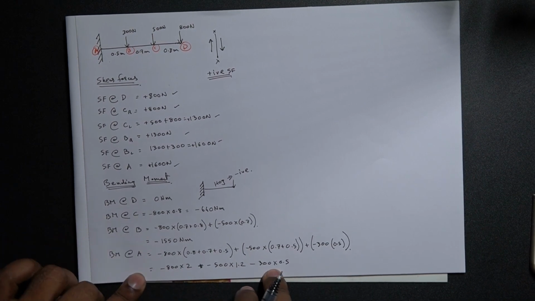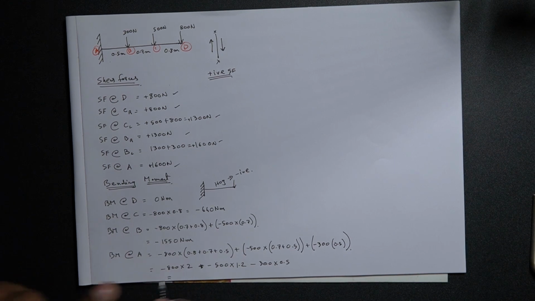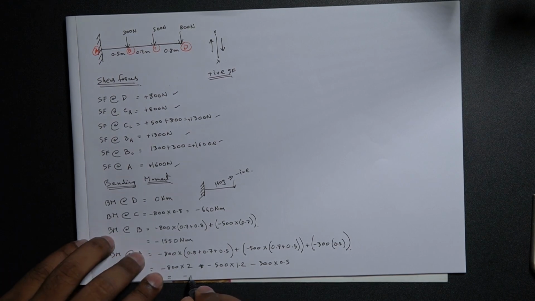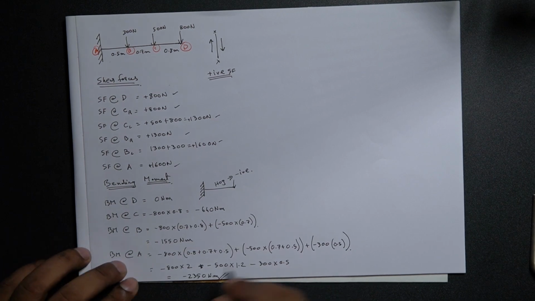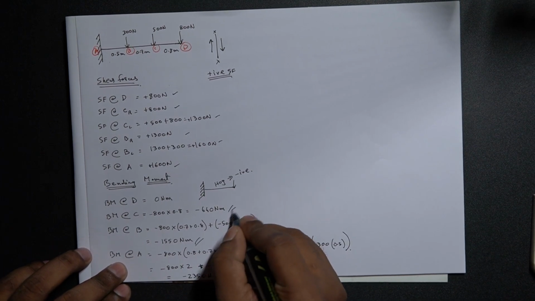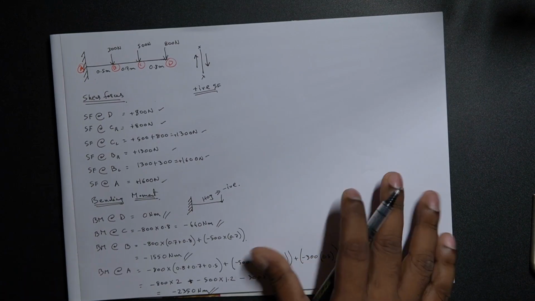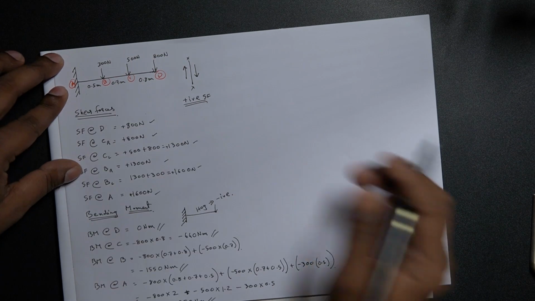So this is 150, this should be 1600, this sums up to minus 2350 Newton meter. So we have all the bending moments at different points, bending moment at A, bending moment at B, bending moment at C and D as well. So let's get on to drawing the bending moment diagram for this particular beam section,